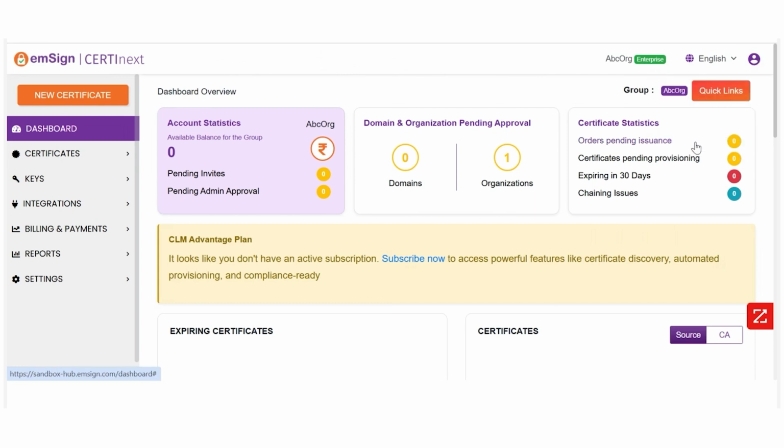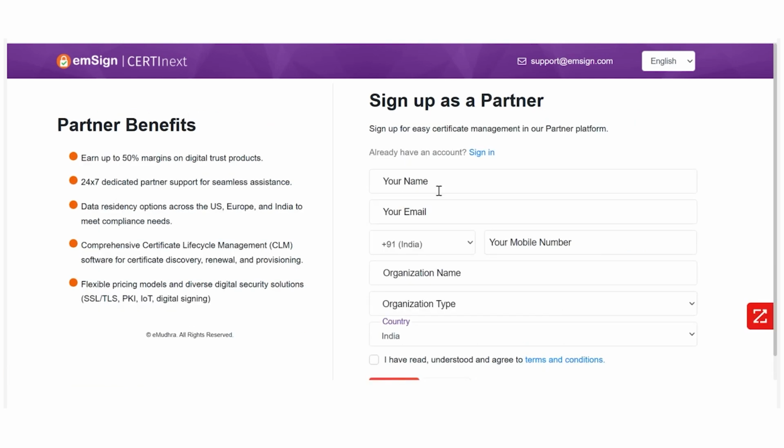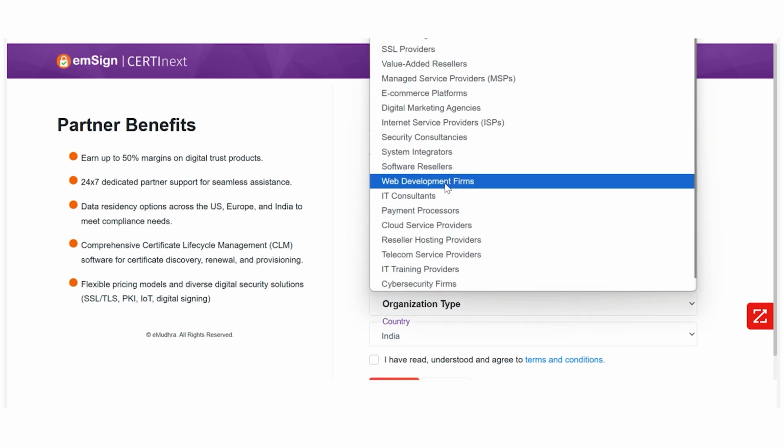Similarly, we can follow the steps and create an account as a partner. Simply click on sign up as a partner, and input the necessary details like name, email address, phone number, and organization. Similarly, the activation link will be sent to the registered email address. We need to open the registered email inbox, click on the activation link, and set the password for the